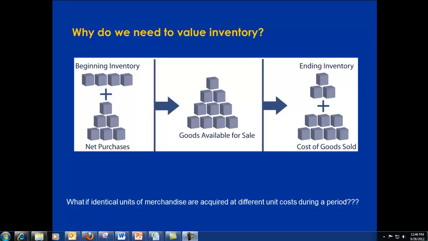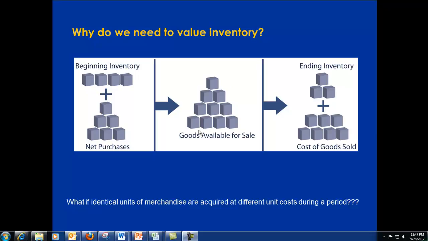Okay guys, why do we need to value inventory? It's very important. Basically, we're going to start with some beginning amount in most cases. We're going to add additions to the already existing amount of inventory that we have. That's going to give us the amount of inventory that we have available to us to sell throughout the